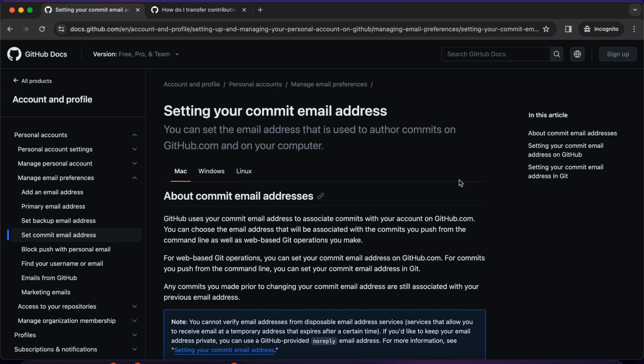So after setting our email address to be private, whatever commits we make are associated with the email address which GitHub has created, and that email address is associated with our account. So in that case, we cannot move our contributions from that account to some other account. Now, if we have set our email address to be public,